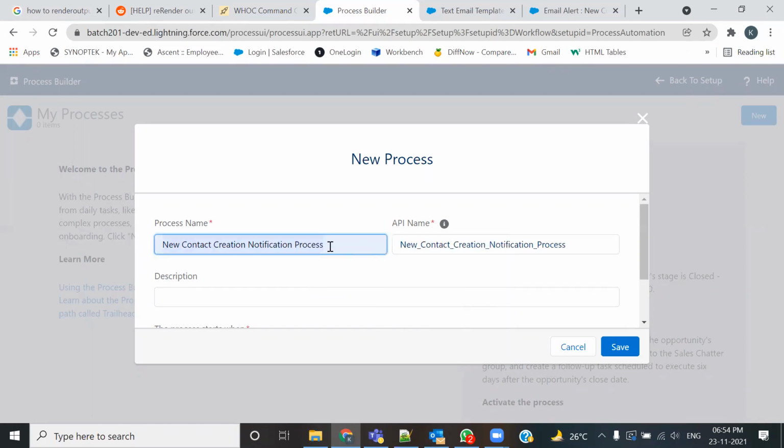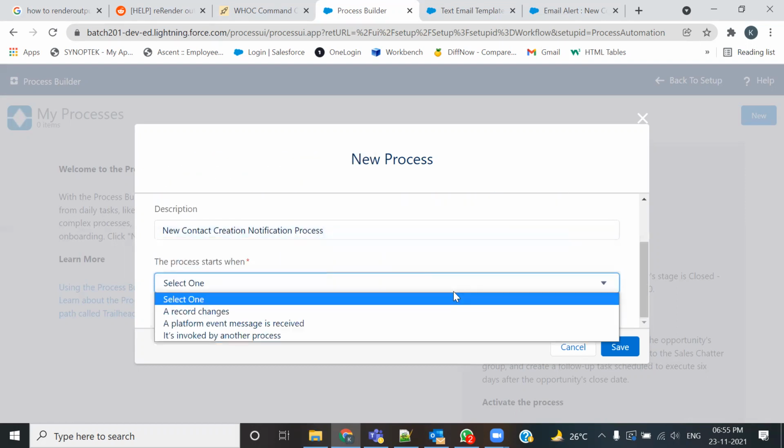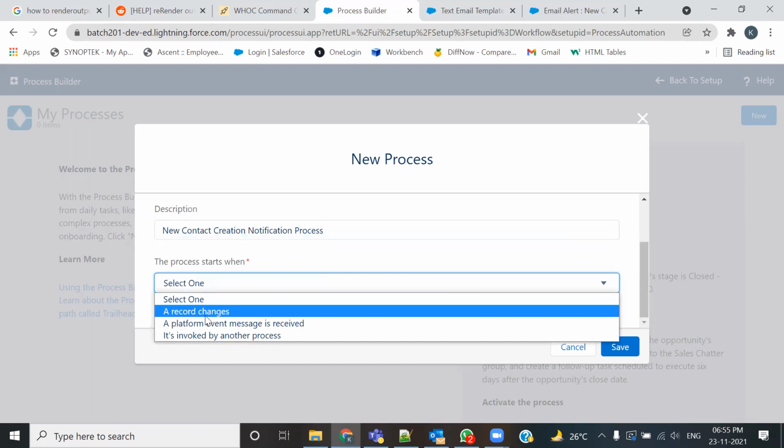चलो, now you could copy the same thing in the description also. Now there are three options over here. Let me just explain you in short. You always have to go with this option, रिकॉर्ड चेंजेस, ठीक है। हर बार जब भी आप कोई प्रोसेस बनाओगे तो आपको यही ऑप्शन सिलेक्ट करना है।